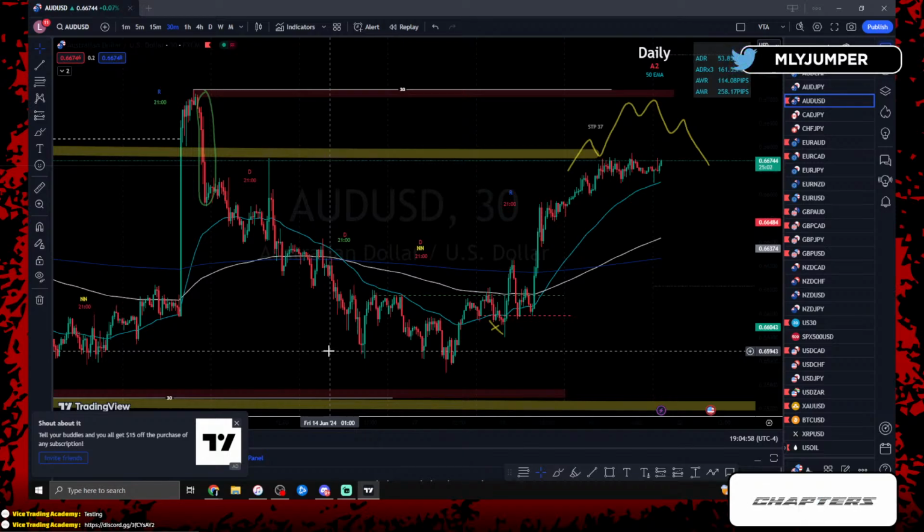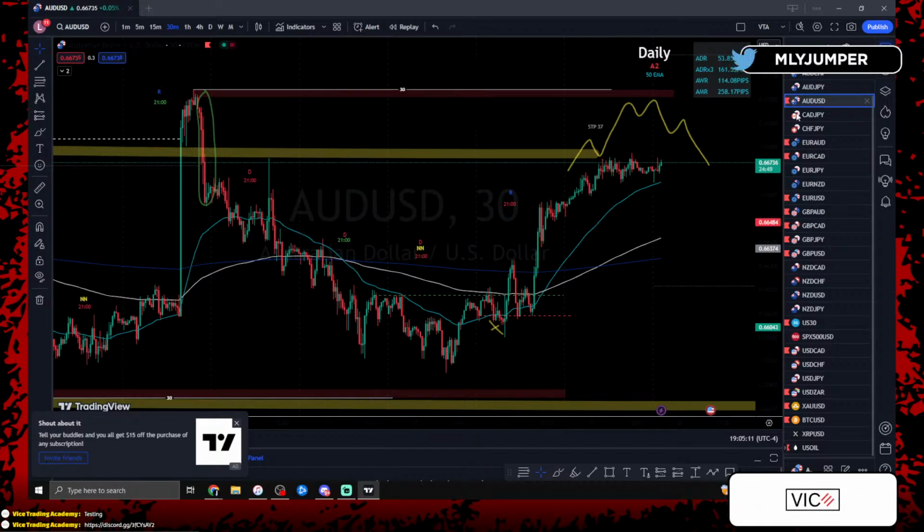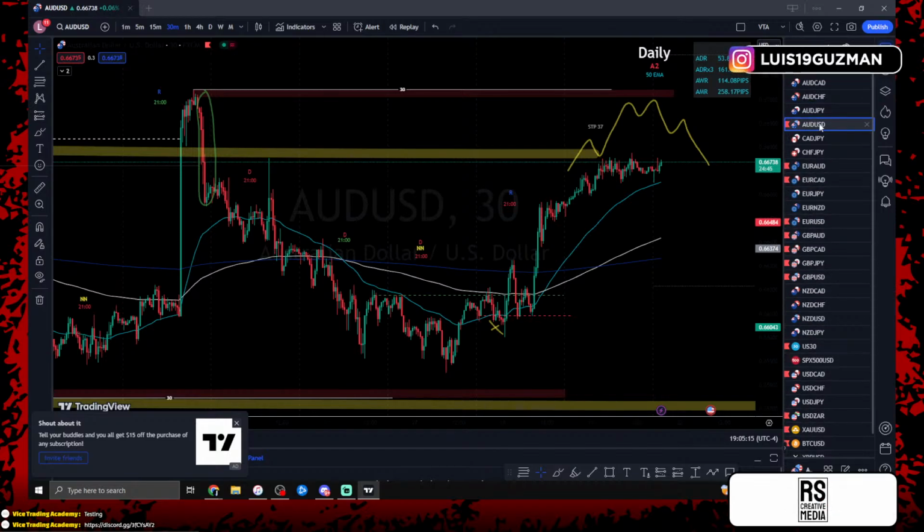So again, these sessions are just me updating the charts, seeing what movements we did today, and seeing if we could catch any continuations going into tomorrow's trading session. So we'll start off tonight. Again, we're going to go in order from the top to the bottom. Again, all these pairs that you see on the right hand side, the ones with the red flag, are the ones that we're going to go over.